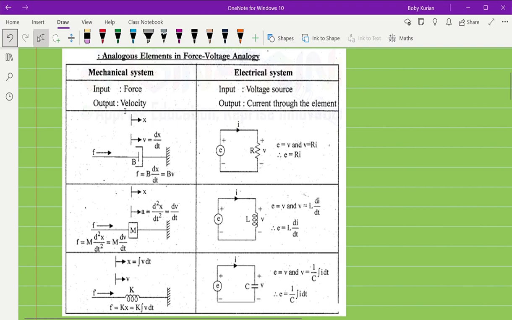Now the output in the case of the mechanical system will be velocity, and the output in the case of the electrical system will be current. Now let us consider first of all